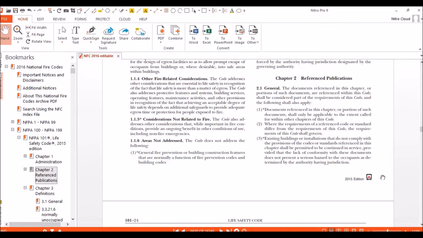For example, in NFPA 92, staircase pressurization system can be activated by a manual call point, whereas in Life Safety Code, that particular system can only be activated by automatic means through a smoke detector located not more than 3 meters away from the exit door or the exit stair door.